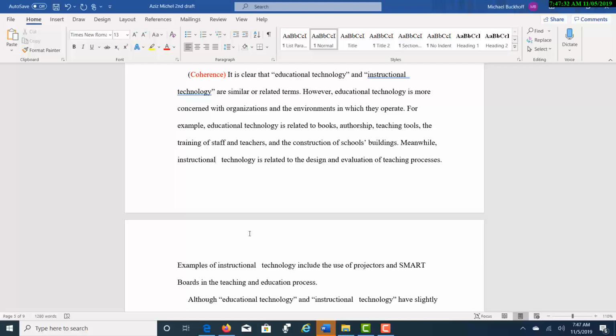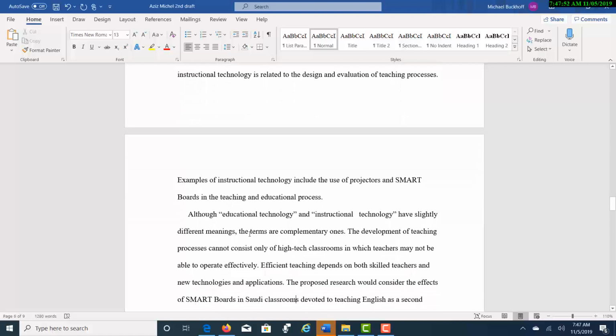Meanwhile, instructional technology is related to the design and evaluation of teaching processes. Examples of instructional technology include the use of projectors and smartboards in the teaching and educational process. Although educational technology, instructional technology has slightly different meanings, the terms are complementary ones. The development of teaching process consists not only